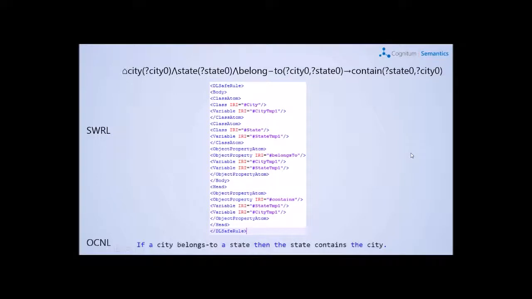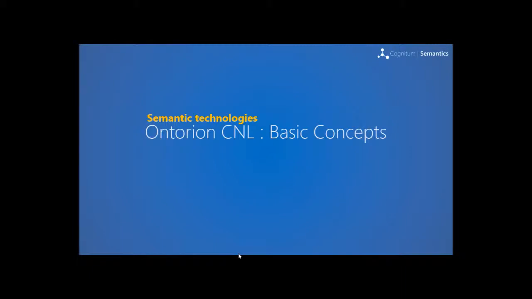And in OntorionCNL, it's possible to write it very simply by writing that if a city belongs to a state, then the state contains the city. As you see, this is much more similar to natural language, and it seems quite natural to write a rule like this. Okay, so this was just an introduction, and now I would like to go through some basic concepts of this